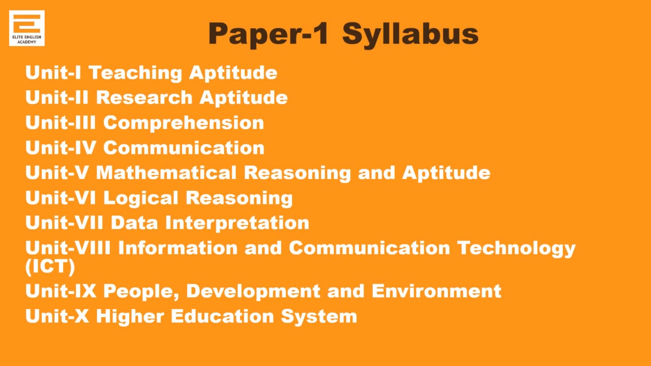Based on our literature study, our perspective towards life and practical teaching-learning approach, teaching aptitude and research aptitude, these two have relevance in the second paper also. Reading comprehension, only literature students can do better. Then communication, about classroom communication, how the teaching should be effective based on communication. So these four units are the most important from the English literature students' perspective, because in each